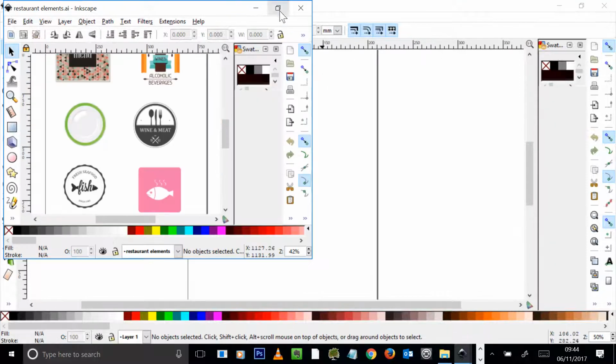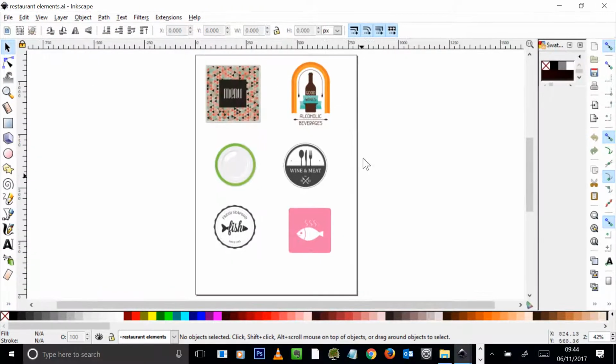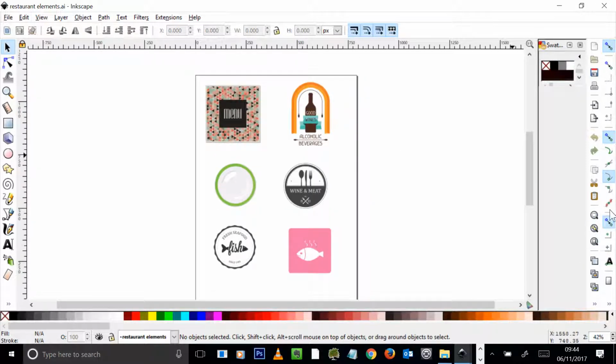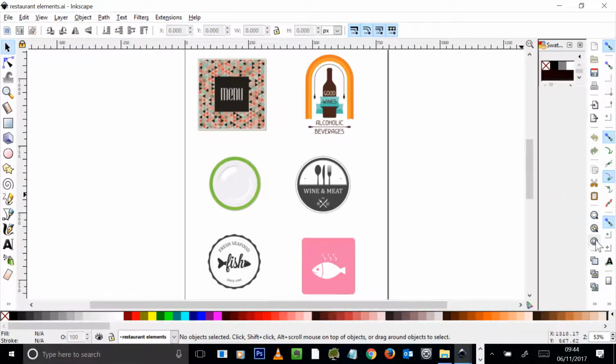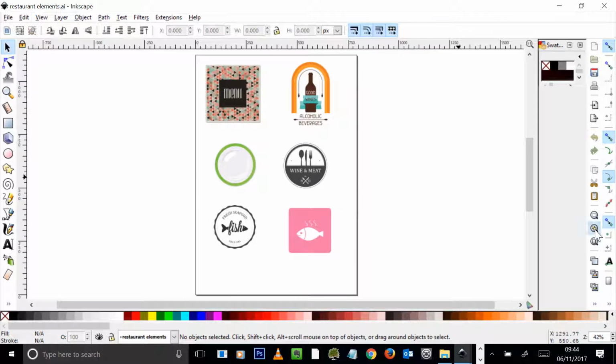And it will open the file for us. And let me just maximize this. And there are some of the elements that you saw before when we were doing this restaurant brand. Again, you can zoom into this document by using your zoom tool. And you can zoom forward and backwards to see the elements better, or to zoom out to see the full